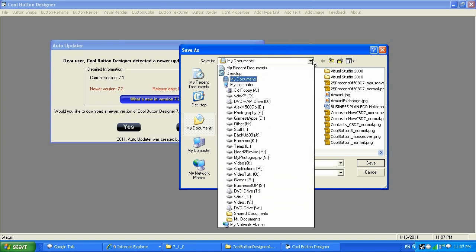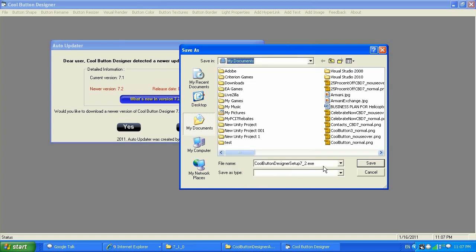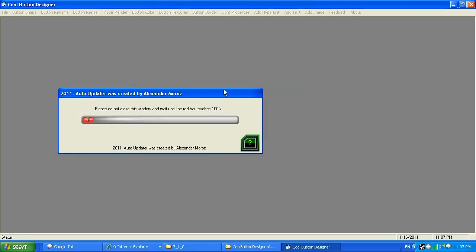You can store it wherever you like. I suggest you store it in your documents and name it with the version for the convenience of the future. You can burn this version on a DVD if you want. And by the way, after clicking save, it's going to bring you to the window and it's going to start